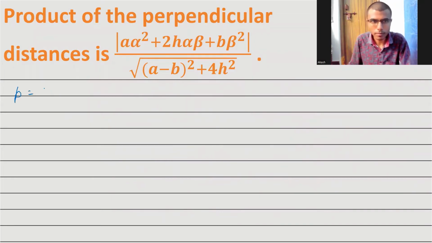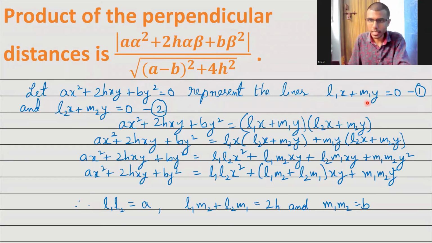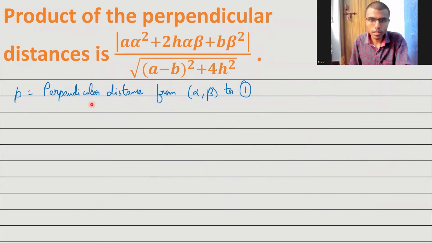Small p is equal to the perpendicular distance from alpha comma beta to 1. Okay, what is this one? I had marked it at the beginning, right? I took this L1x plus M1y equal to 0 as my 1. Okay, now next. So therefore, in case you guys don't remember the perpendicular distance formula, it's nothing but